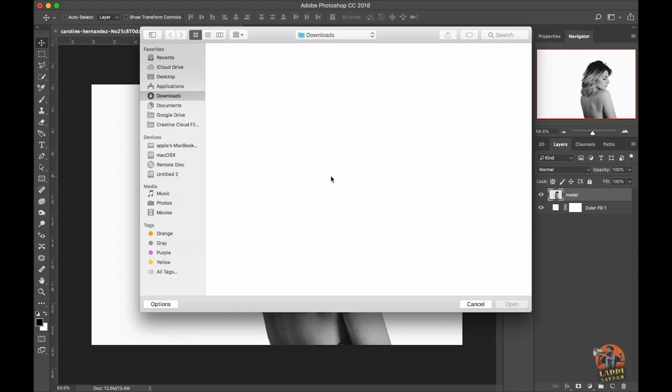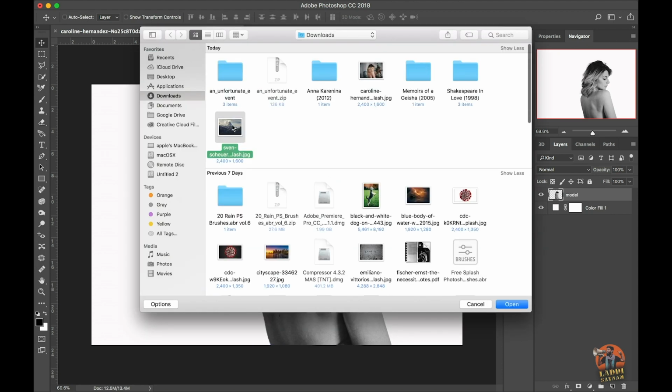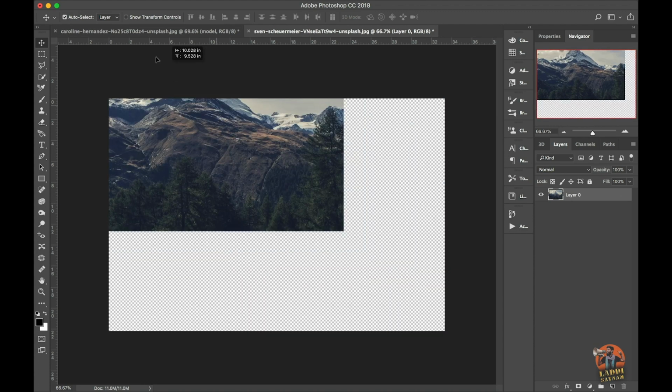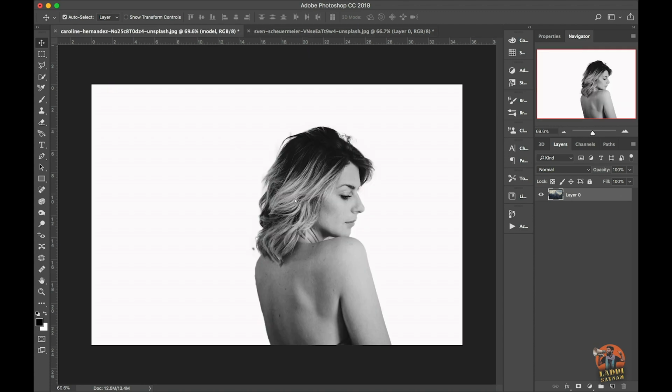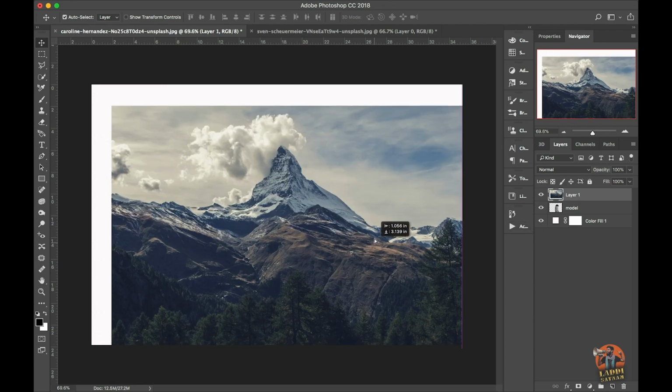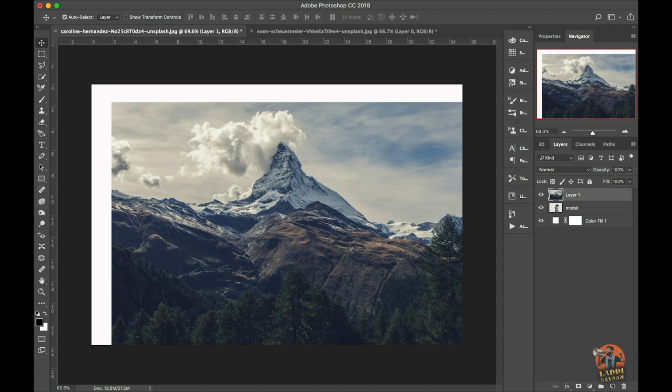Now let's open our second image and drag it into the other tab in here. Change its opacity to around 50%.